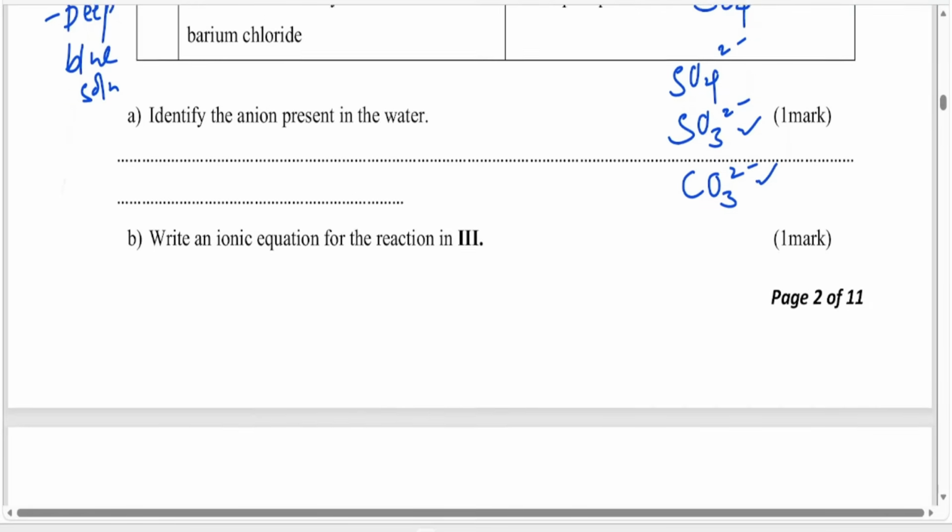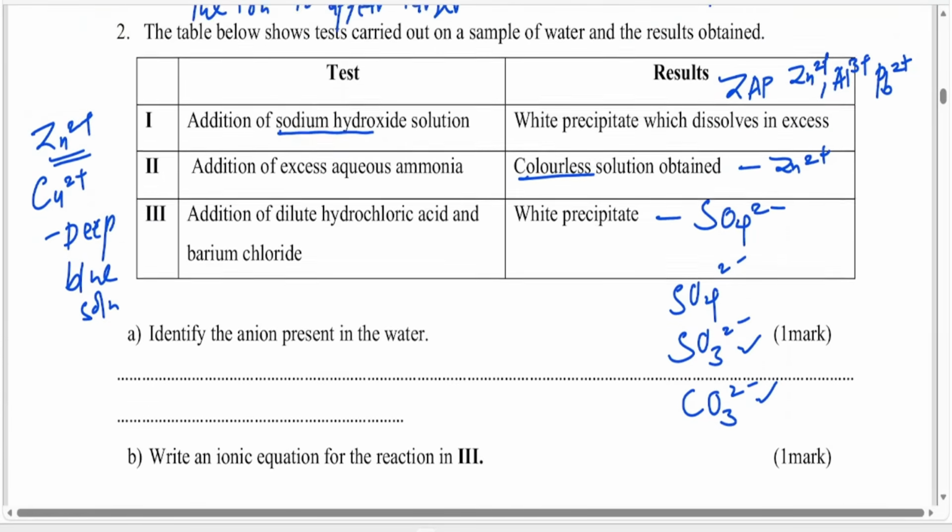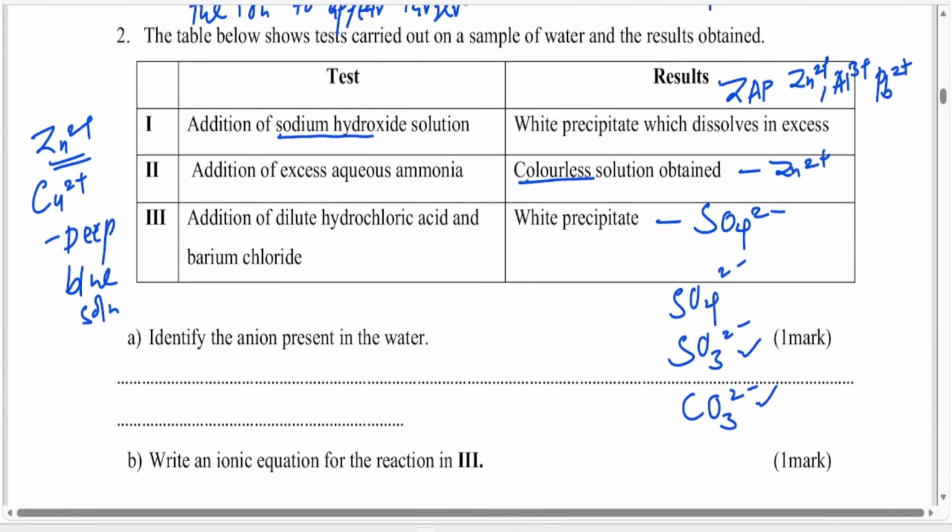So let's move to first question, part A. Identify the anion present in water. We know, learners, that in any given salt, for instance, if I have zinc sulfate, the anion is the negative ion, the ion with the negative charge. Like in this case, we have the sulfate, and then zinc ion is the cation, and then we have the sulfate